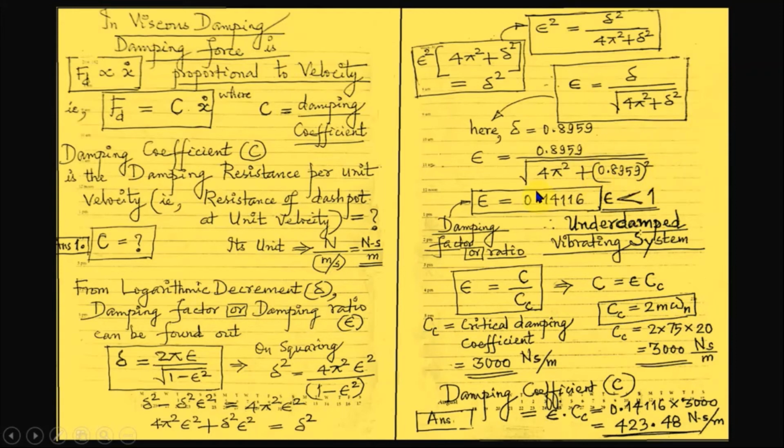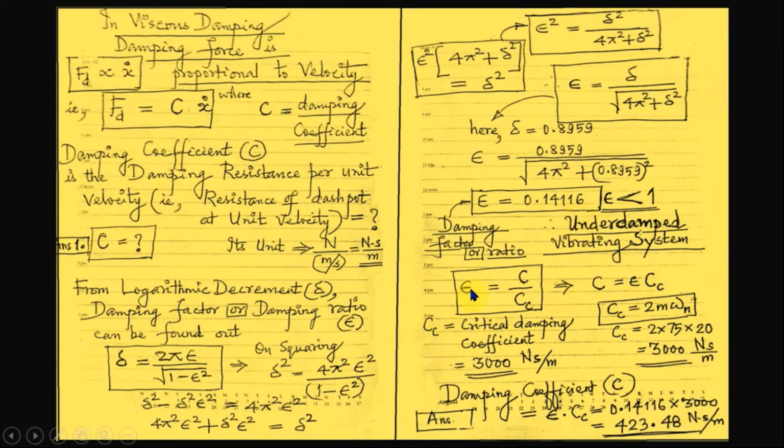And if you simplify, you will get epsilon is equal to 0.14116. So the value is less than 1. Obviously, it is an underdamped system. Only underdamped systems will vibrate. So epsilon less than 1 means an underdamped vibrating system, and the damping factor or damping ratio represented by epsilon is equal to